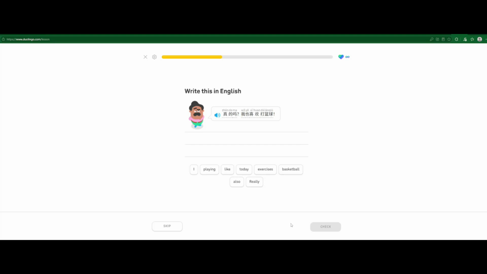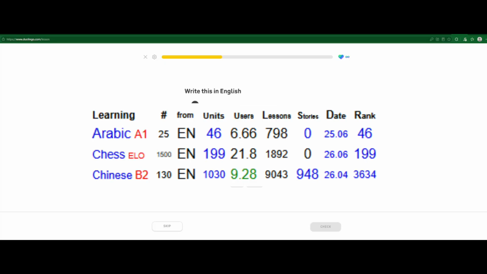So, you know how I said earlier that Chinese might be like the language of the future in technology and stuff? When is the corporate jargon unit? I don't know. I feel like more people are trying to learn Chinese for that, but maybe they should put a corporate jargon unit soon enough. Hopefully there is one. I mean, there's a lot of Duolingo Chinese now if you look at how many units there are and what CEFR level they aim to get you to.